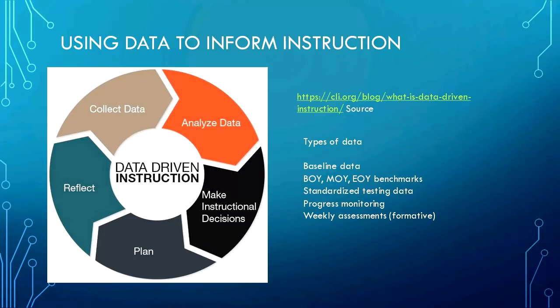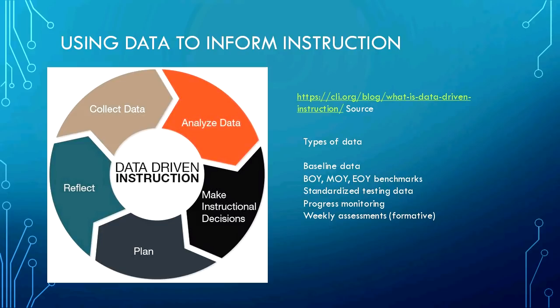So types of data are your beginning of year baseline data. Those are typically informal kinds of data that you collect on students. And then we have our beginning of year, middle of year, and end of year benchmarks. These are just things I've seen and done in my 8 years of elementary teaching. Standardized testing data is, in my days, it was the TAKS test, but now it's the STAR test. Upper grades will have more of that. And they're starting to test kids younger and younger on standardized testing. So kind of frowny face on that, but it's still the order of the day.